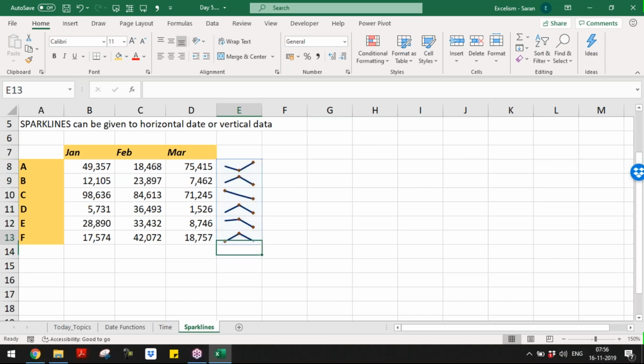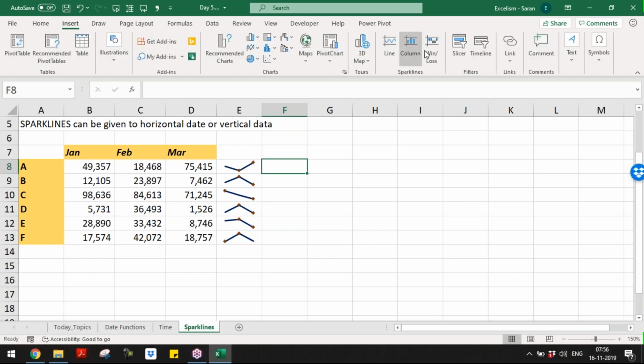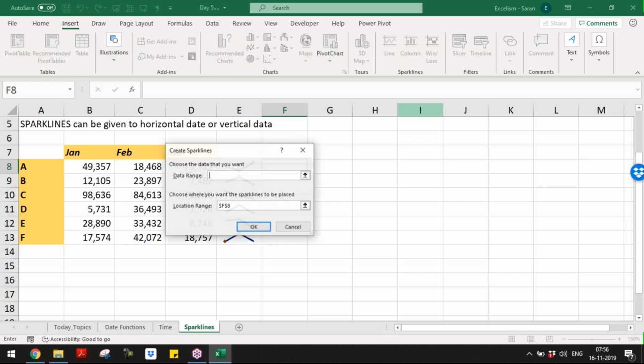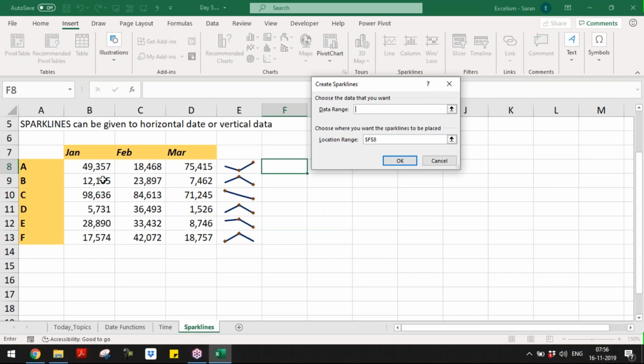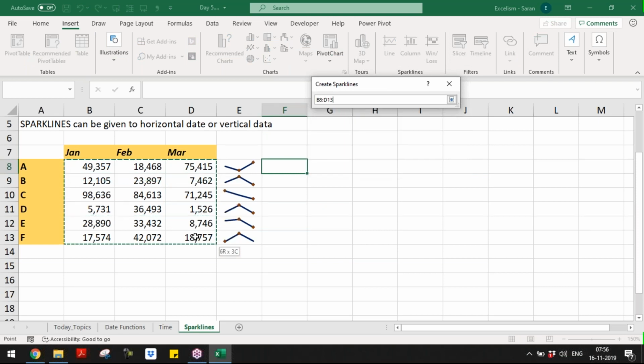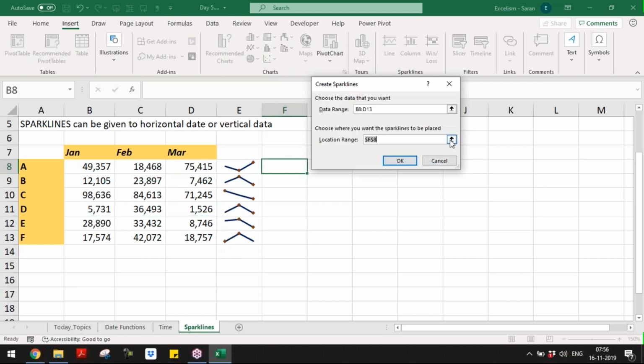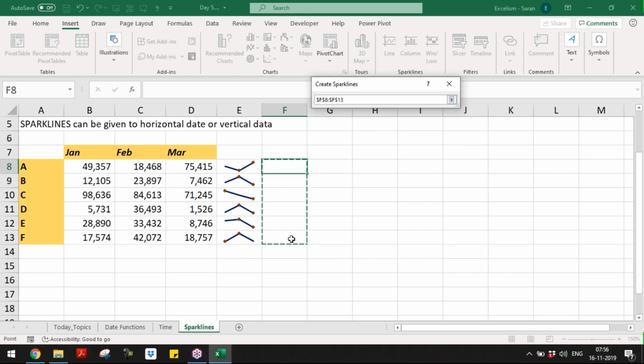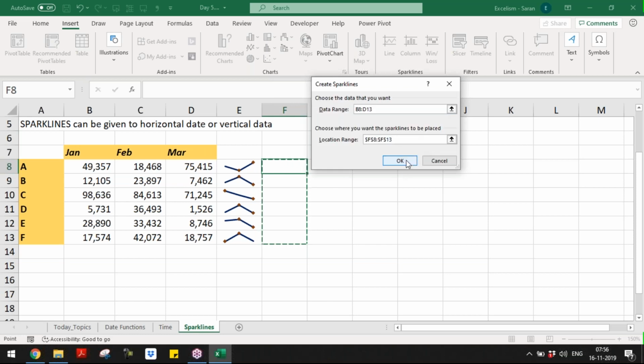For example, I want to know the line chart. Simply keep the cursor here. There are two ways. Either you can select independently or you can select everything at a time. Now let me go into the column chart. Earlier I took only one row. Instead, take everything. This entire data range must be kept here. Here also you can take it entirely, so that for the first row it will give you here, for the second row it will give you here, and so on. Just keep it here.